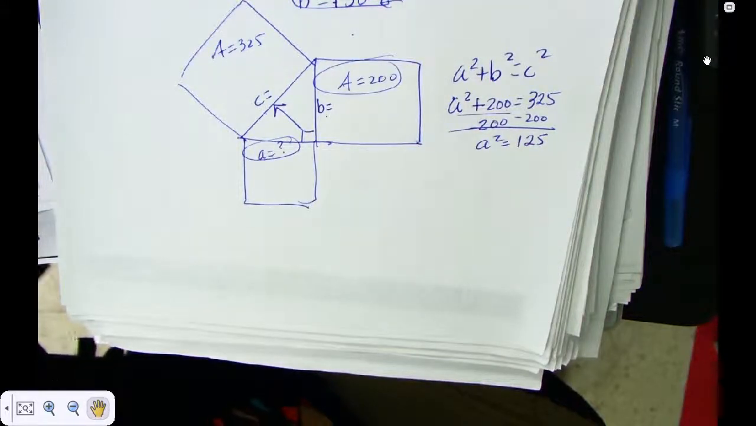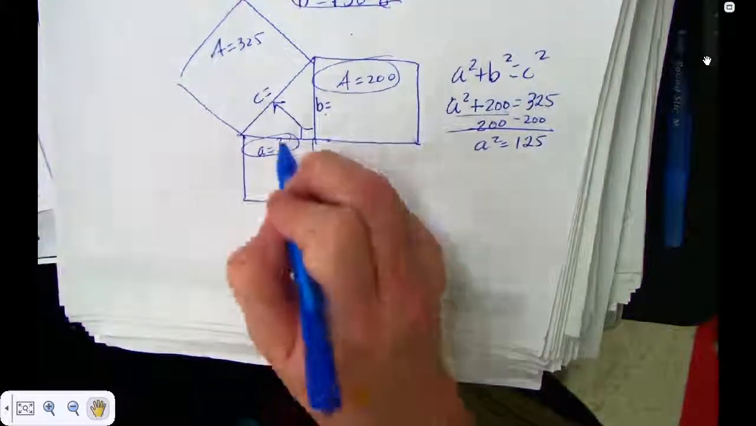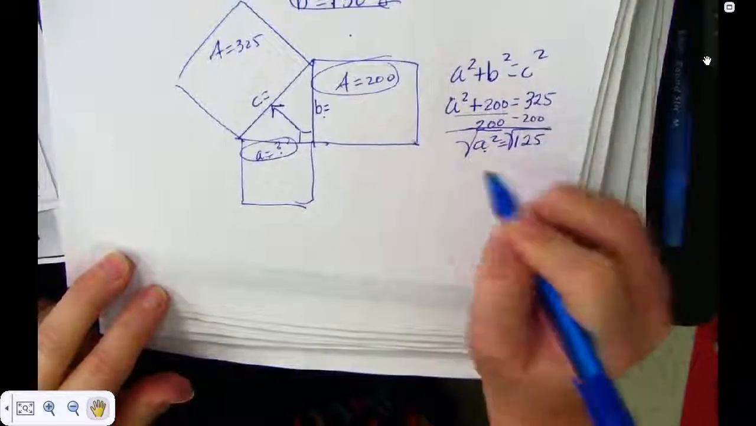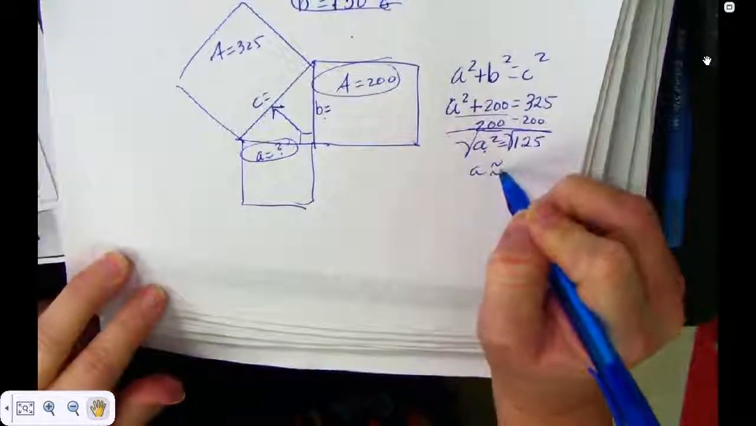Yeah. Well, what do I want? What am I trying to find out? A or A squared? A. I'm trying to find A. So do I need to get the square root? Yes, I do. So A is about,